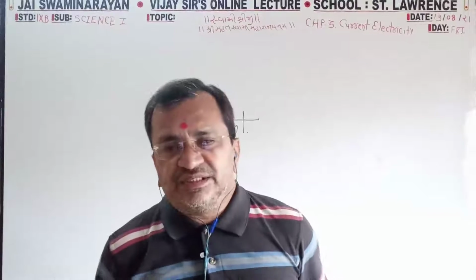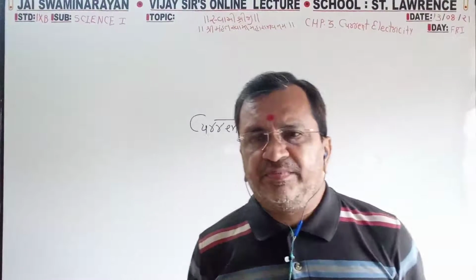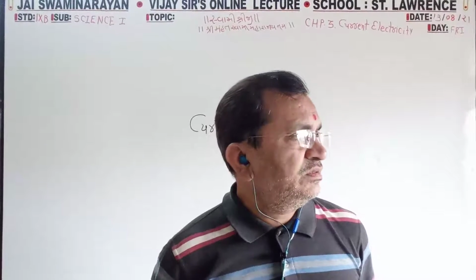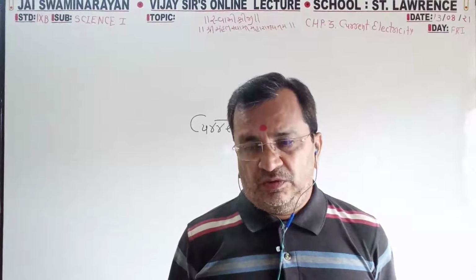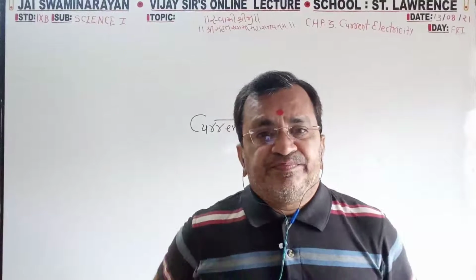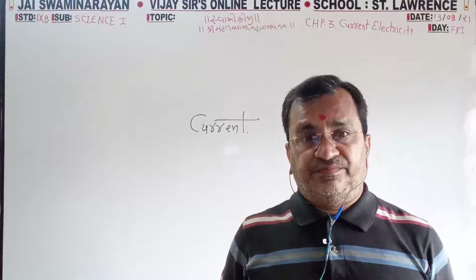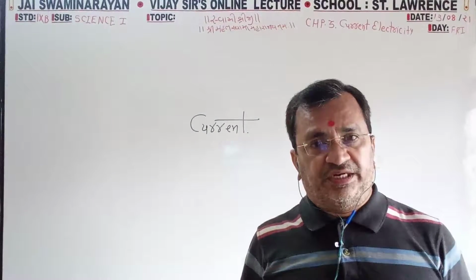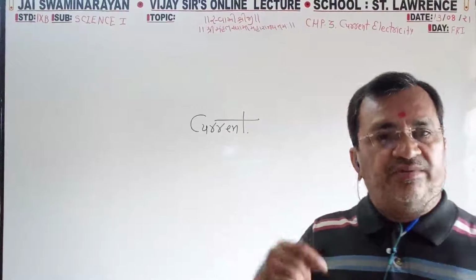Generally in household connections, we are using copper and aluminum. But electric current can pass fastest through gold and silver, which are very good conductors. They can ask, why are we not using gold and silver? Why are we using copper and aluminum?